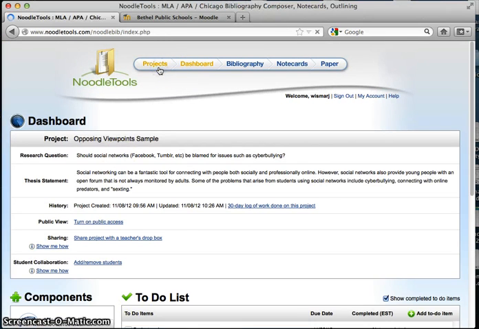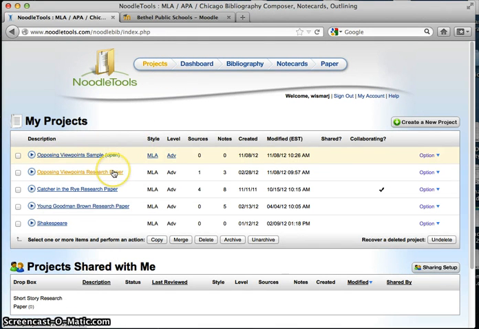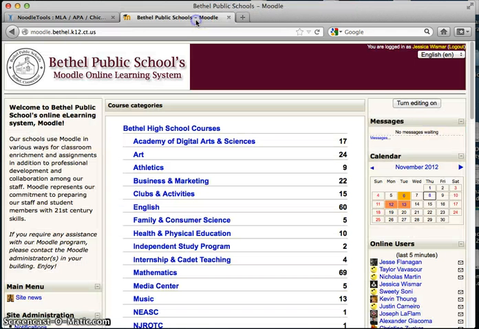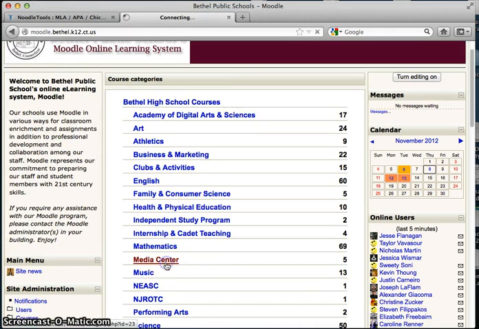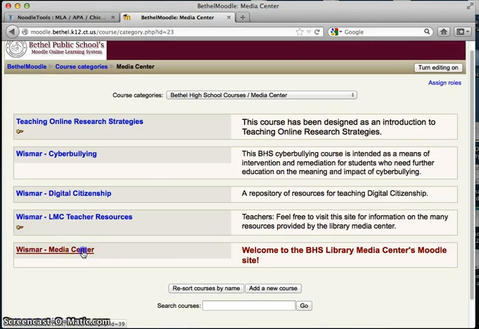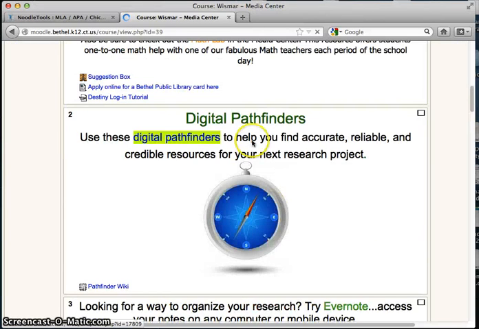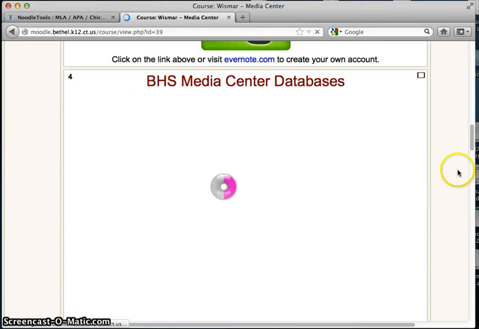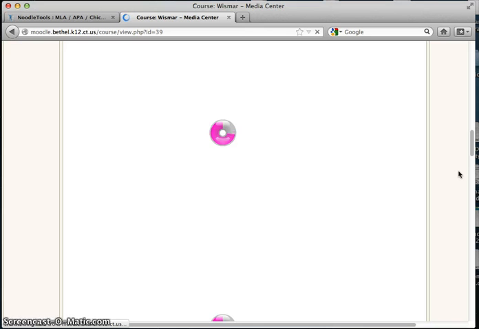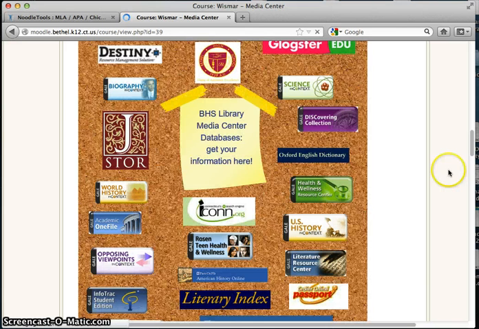Now I'll show you an example that I've worked on a little bit more. The reason I have this one open is because things have changed a little bit, and I want to show you something. You'll see I'm going to open up this other tab to Moodle. If I go into the Media Center Moodle site, I could go under the Pathfinders, but I'm going to take this little shortcut way. You'll see this bulletin board that pops up. If I go to Opposing Viewpoints, which is right here, and I open up that link,